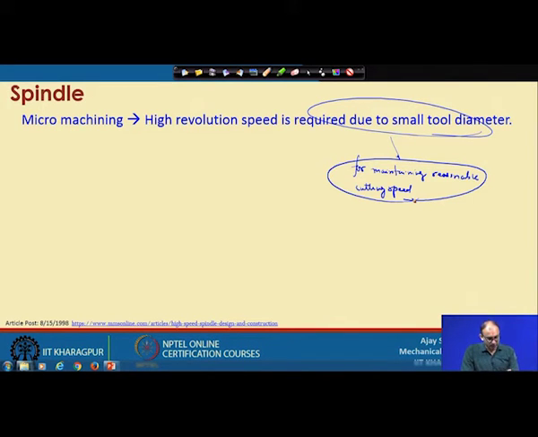Because if you do not work with high speed, you have to take a very long time and use a very low feed rate, since to move with a high feed rate you have to go with high revolution speed. That is the reason we need a very high speed,